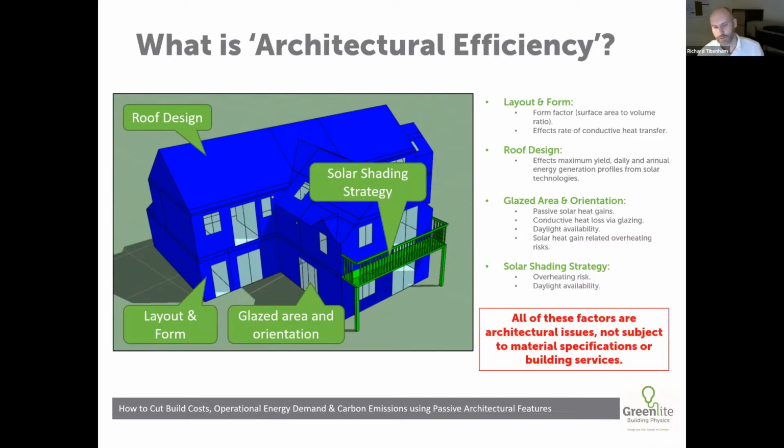So it's important to point out, looking at all of these factors, that they're all architectural issues, but they're not so subject to the material specifications so much, or the building services. Really, it is the architecture which defines the performance of all these attributes. So we'll be going through the webinar and looking more at how this affects the heating load, in this case,